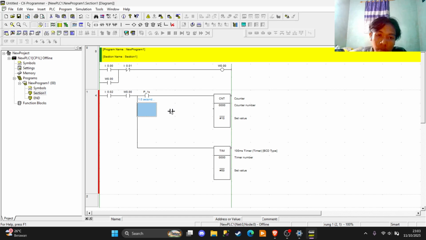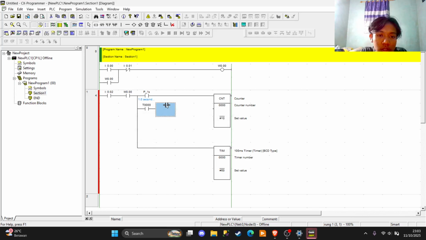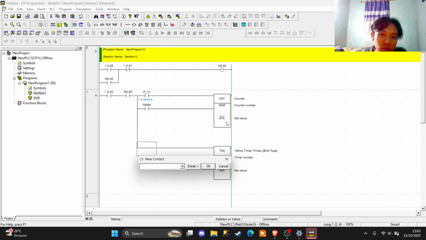And then we put the NO button in here. That means T000, this is the address from the timer. Put that in here. Okay, and then we should put the NO in here, and we take the address from the counter, 000.